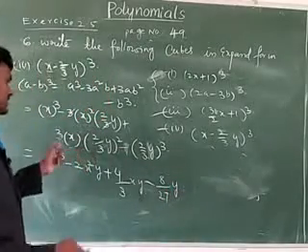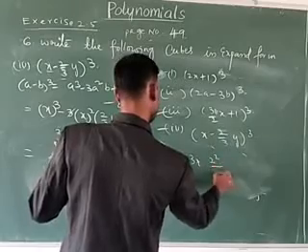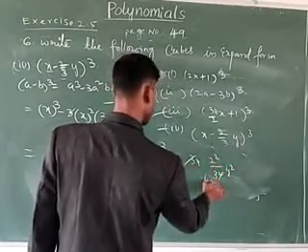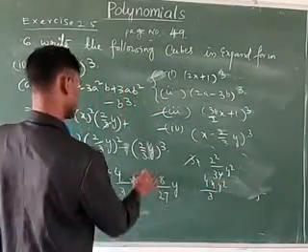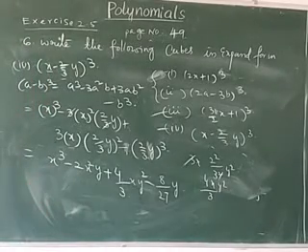See here once again this term alone: 3 into x into 2 square by 3 square into y square. Here one 3 and 3 cancel, then 2 square 4 x by 3, and this is y square. Understand? This is the answer. Note down. The remaining two you have to try at home.